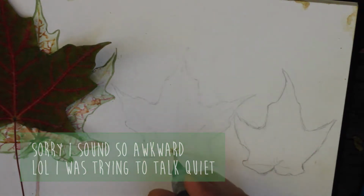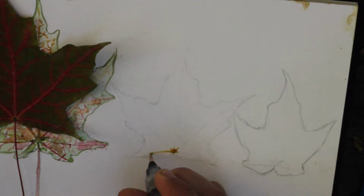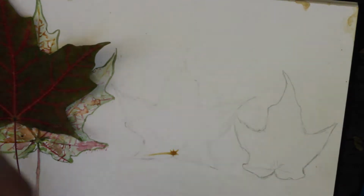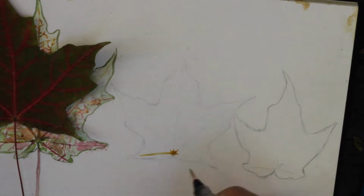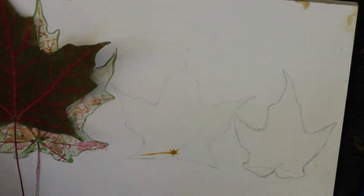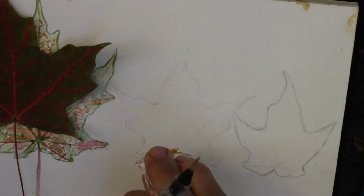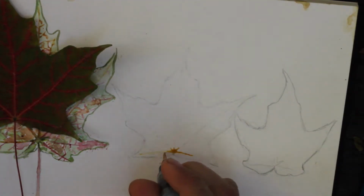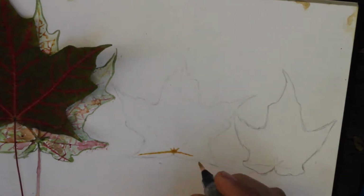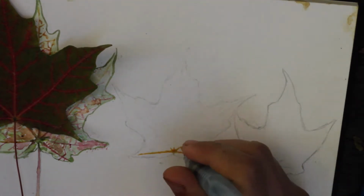Autumn is here, so I thought I would go to the park the other day and film myself painting. It's the first time I've done that, but I think it turned out pretty well. I was outside, so the lighting might change a bit during the video, but other than that, I think it's pretty good. So, I thought I'd talk about the sketchbook that I'm painting in, which is a Strathmore